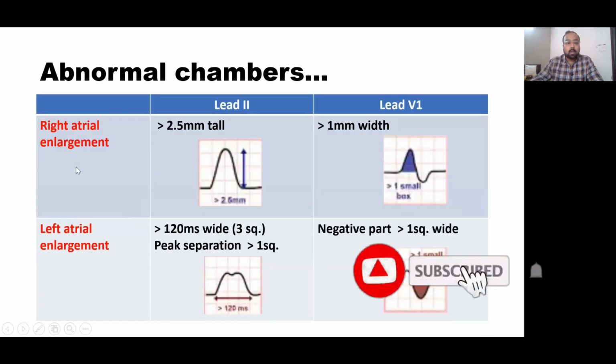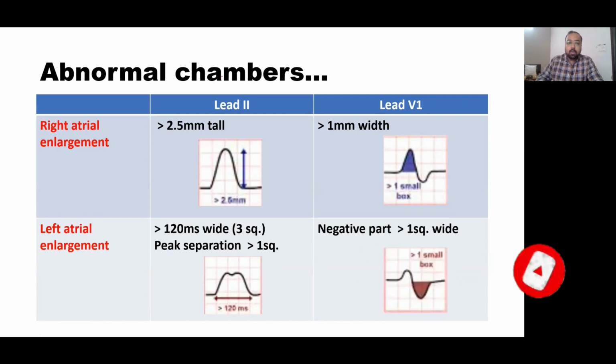So if you're talking about chamber enlargements, if there is a right atrial enlargement, the initial component of the lead 2 P wave, that is the normal, appears something like this. This is the right atrial component, which becomes really prominent, and the height increases to more than 2.5 small squares. Similarly, the proximal part of the P wave in lead 1 becomes prominent in the form of an increased duration of the positive component. Hence, the P wave, which may not appear so much positive in lead V1 usually, becomes prominently positive in lead V1 as well.